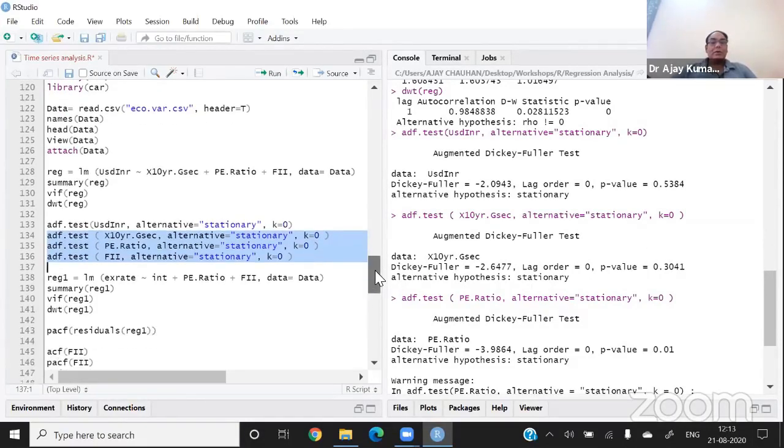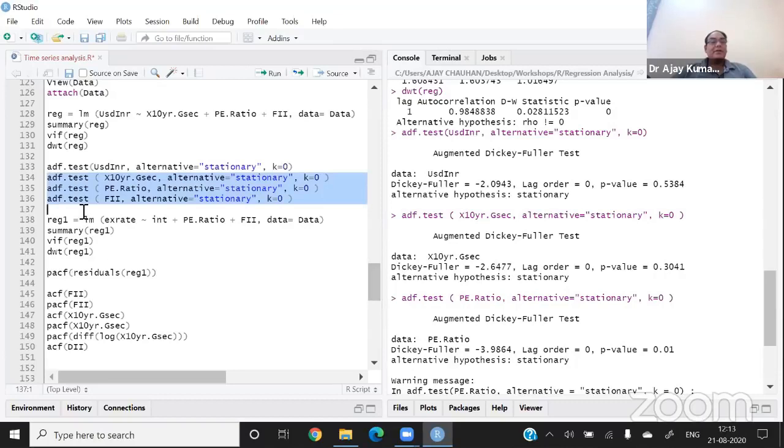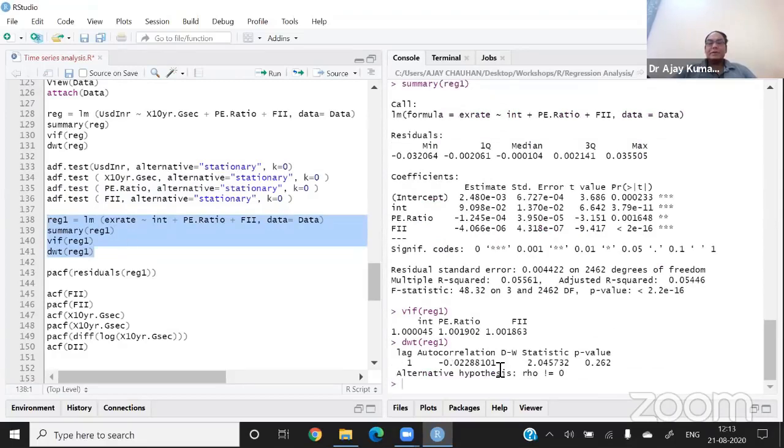Okay, now the problem is that similarly I'm showing you another regression which I put here in this equation. Check. Now in this equation you can see that this equation is having the Durbin-Watson of 2. So this regression model is not suffering from the problem of the Durbin-Watson test. And now you may be thinking how to achieve this kind of regression model where Durbin-Watson is near to 2. You know that when the Durbin-Watson is near to 2, it means this model is a genuine model, and this model is not suffering from the autocorrelation problem.